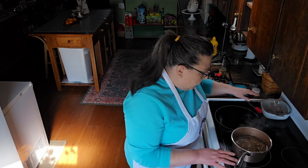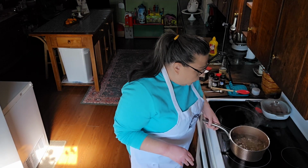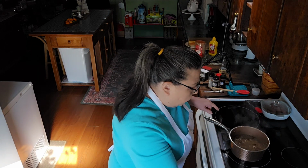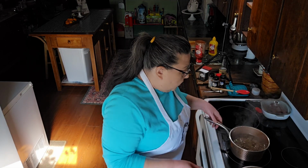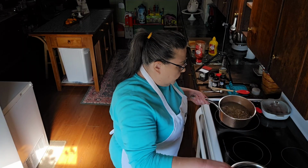Alright folks, the hot dogs are back here. They're all plumped up. I still got a little boil here. I still got plenty of liquid. So I tell you what, there's a lot of grease in here. So what I'm going to do is pour it off into my little...